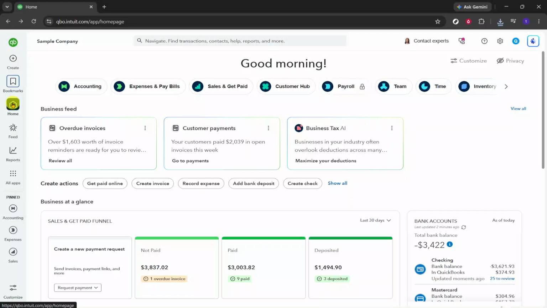Hello, today we will guide you through how to create work orders in QuickBooks Online. To begin, make sure you are signed in to QuickBooks Online and starting from the home page. This is the main dashboard, and it's the easiest place to begin because all of the tools you need are